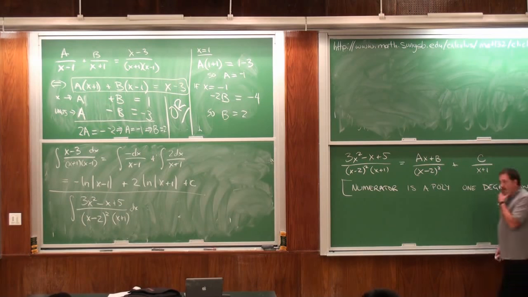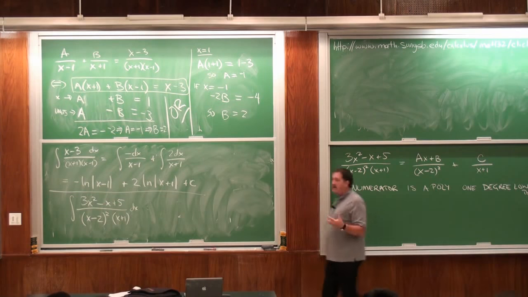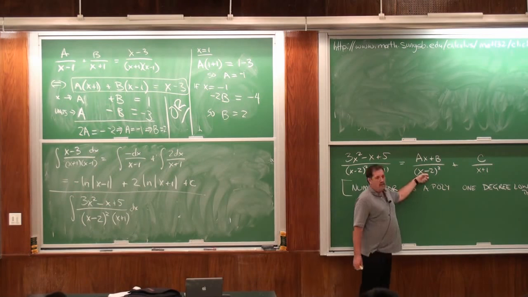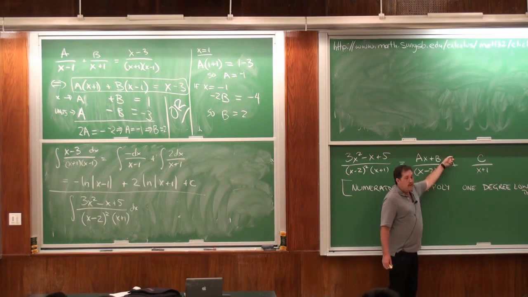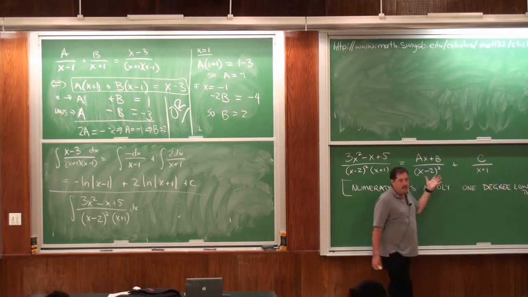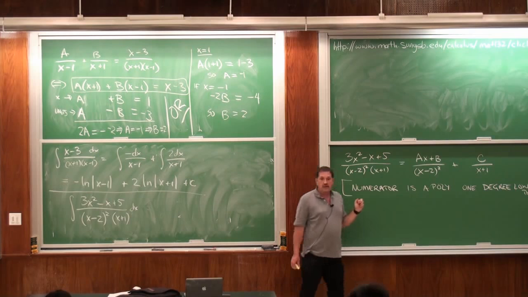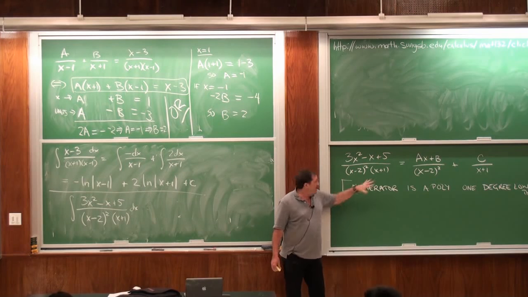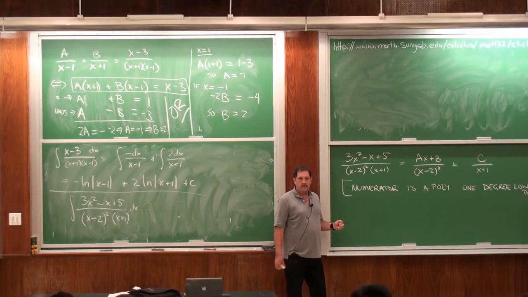Now, those of you that may have seen this before, or the way they describe it in the book, they say, okay, take a over x minus 2 squared plus b over x minus 2 plus c over x plus 1. Those are the same, with slightly different choices of a, b, and c. But the advantage of doing this is this unifies the 2 second cases. Okay? Any questions on that at all?